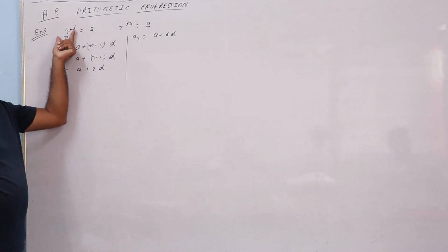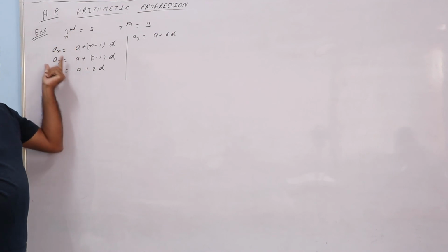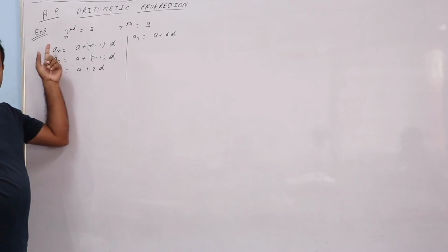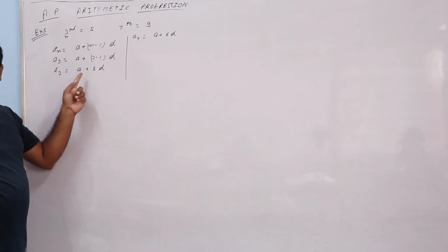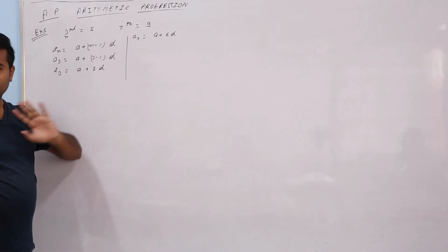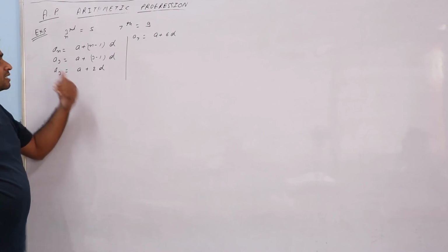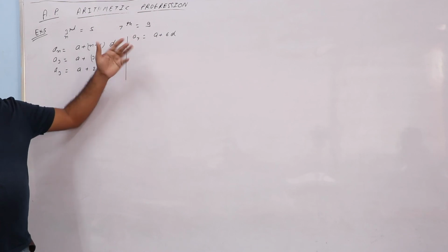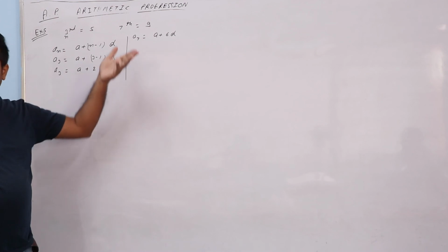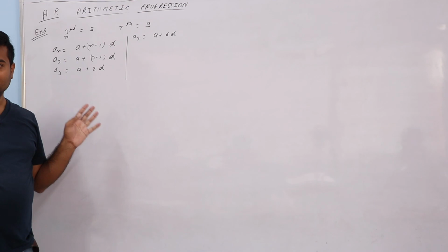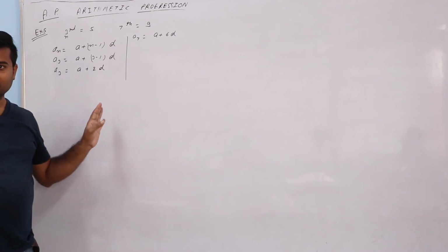If it asks for the third term, applying the formula directly we get A plus 2D, which means whatever the term is, D will be one term less. So here 7, so A plus 6D. If the question asks A19, what do you write? A plus 18D, direct. A17 asked, A plus 16D. If asked A15, A plus 14D. Direct? No confusion? No need to do this much longer step.